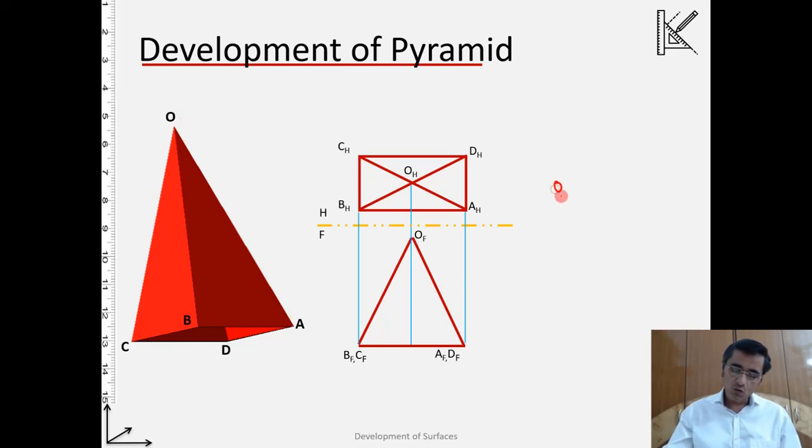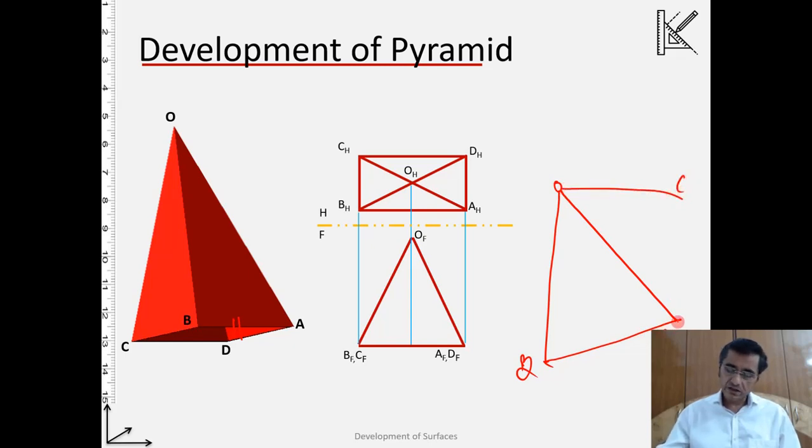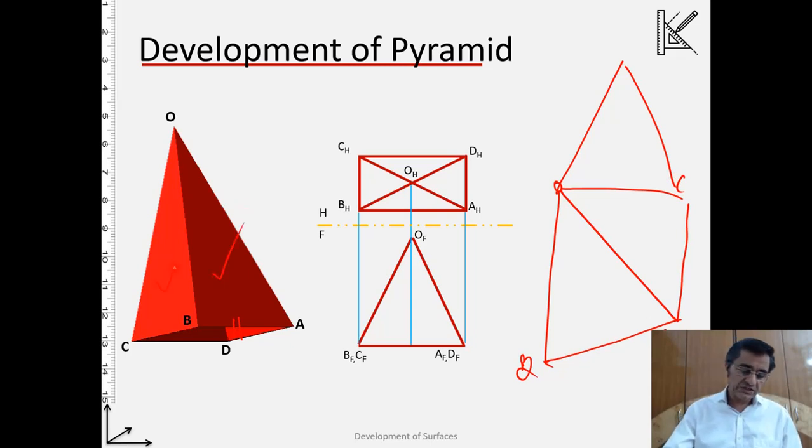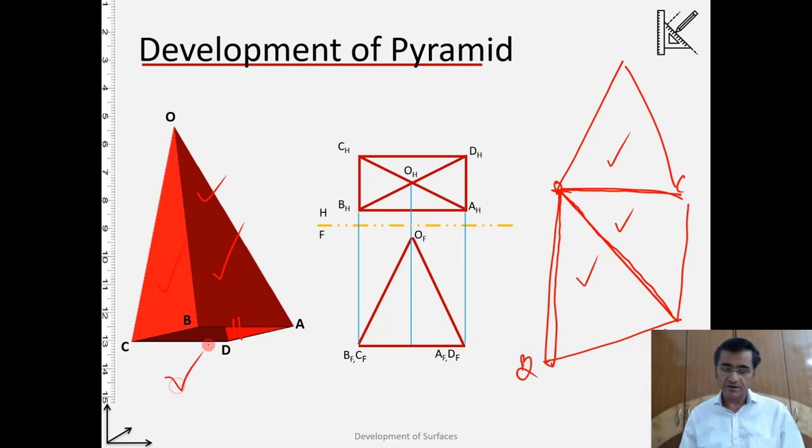So keeping O over here, I will make OB, and then if I know the length BA, I will determine the position A, then I will find C, again I know AC, and so on. This is how I will be able to put all these triangles onto a plane, so that once this given sheet is folded along these lines, we will be able to form the pyramid.